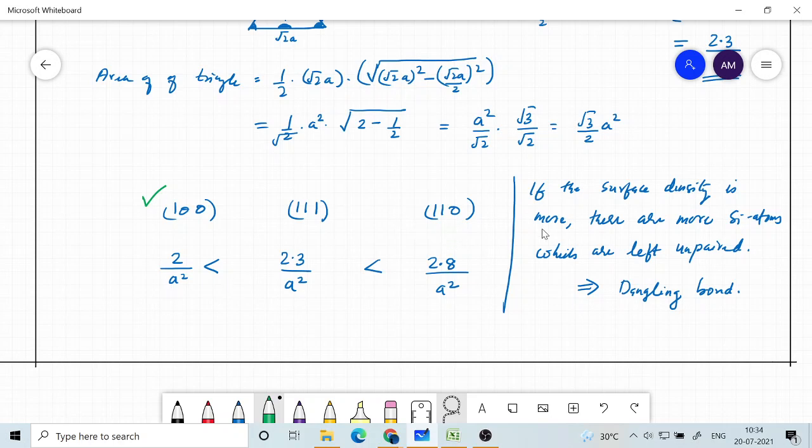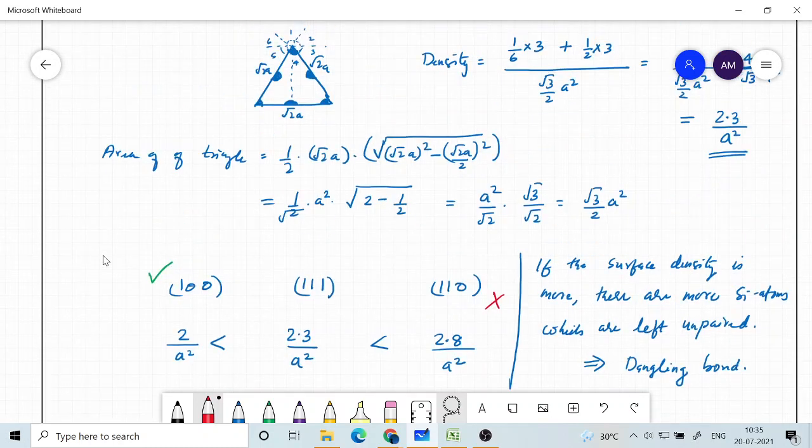And 110 we never use. Okay, we never use this. Or I can't really say never, but we negligibly use it. But 100 is what we mostly use. Okay, and 111 is somewhere in between. So this is coming from the number density on the surface per unit area, how many atoms are there, because each of those atoms on the surface of the crystal does not have any pairing mechanism with another silicon atom, because below it has, but above it doesn't have.